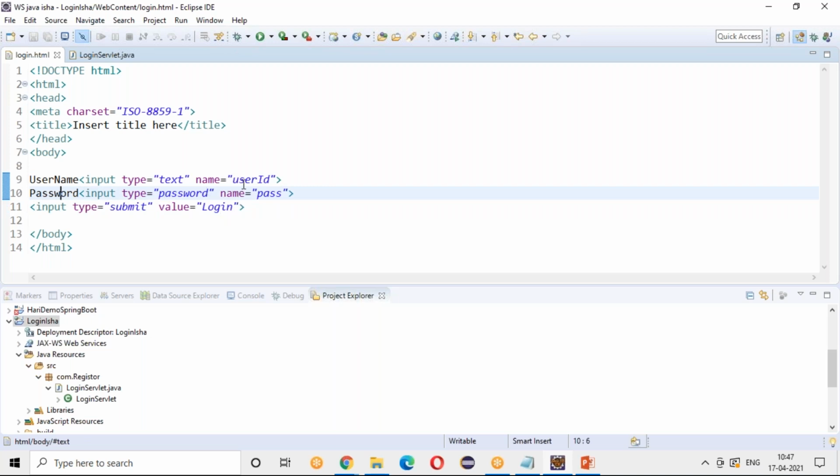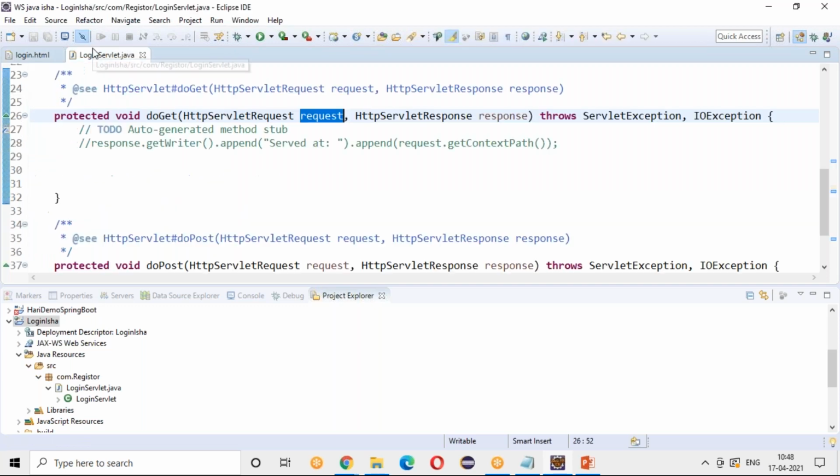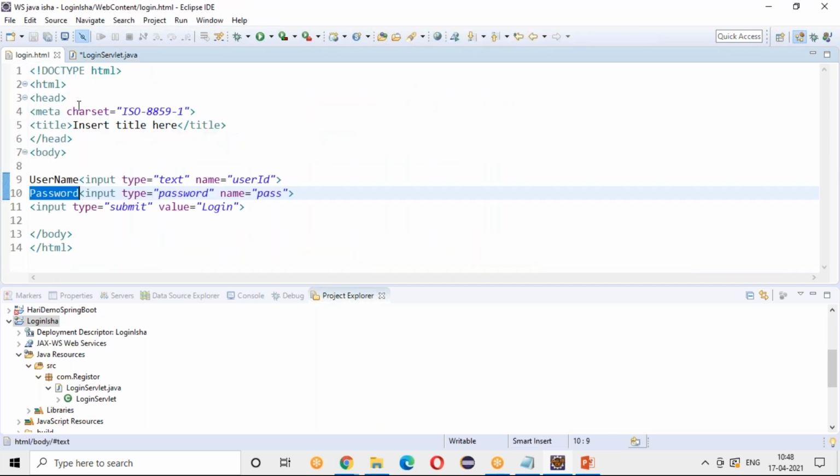So for that, I have given IDs like user ID, password ID. It is like key comma values, right? When you know the collections, you will be knowing it. So how do I get this username and this password? For that, I will be using the predefined method again, from the request object I need to get it, right? Whenever you call this, it will create a Java object and it will form as a Java request object.